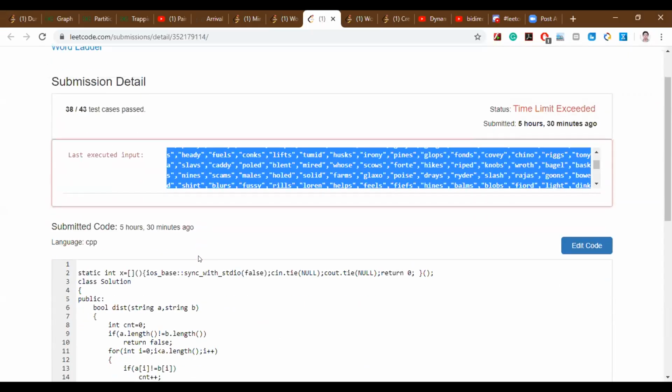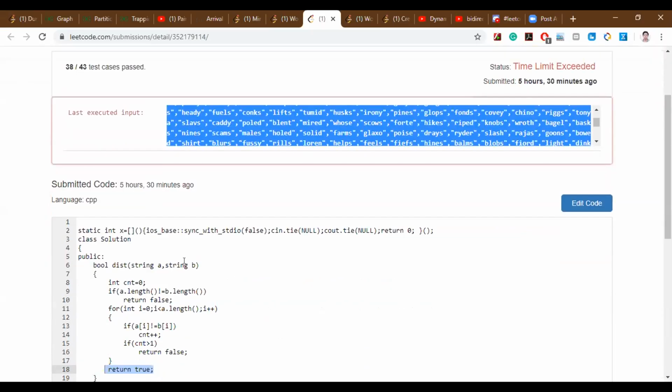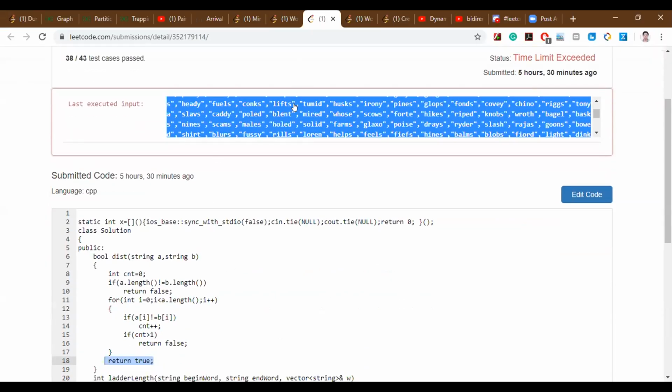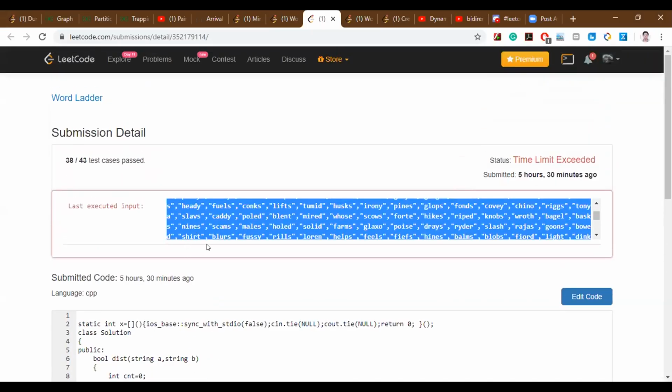Okay, right. And one solution I want to discuss here: the solution that I saw just now in the discussion is not a very optimized solution. I saw one more solution, and people have done bidirectional BFS also in this question. So let us come to the basic one first, then we can go for the bidirectional, right?